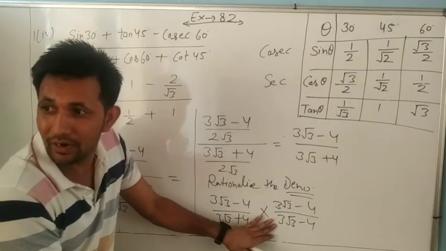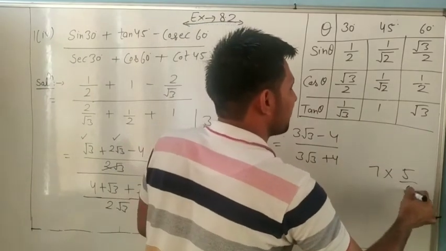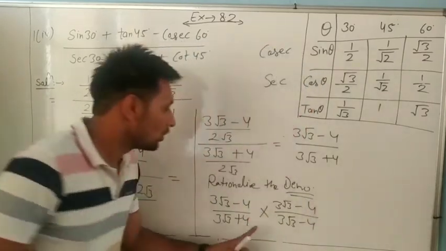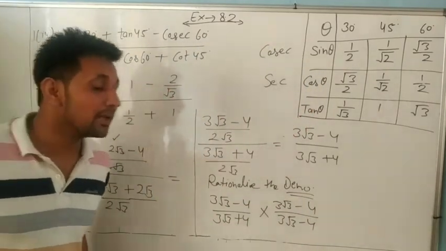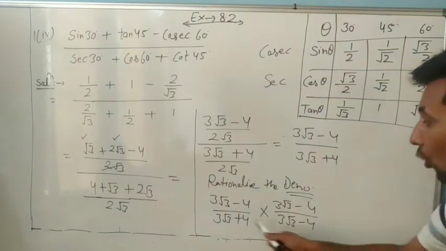Can we multiply or divide? Yes. We have learned 7 multiplied by 5 and divided by 5. Is the answer changed? No. So why did we do it? Because, dear, whenever we multiply and divide by the same number and only change the sign,